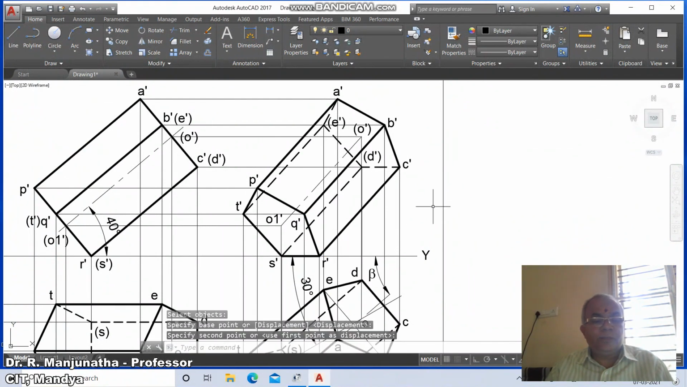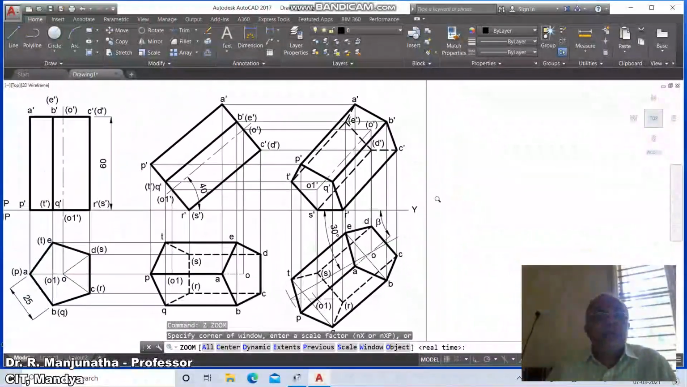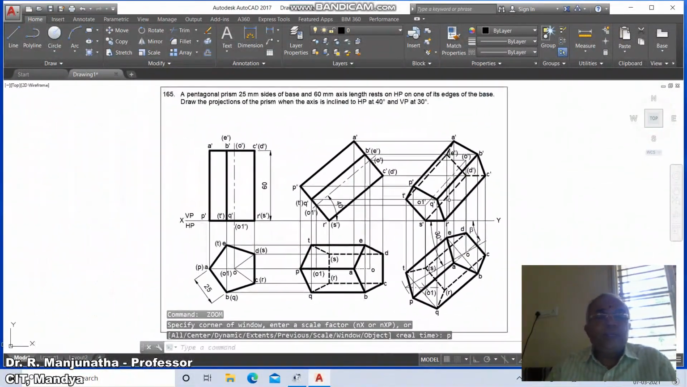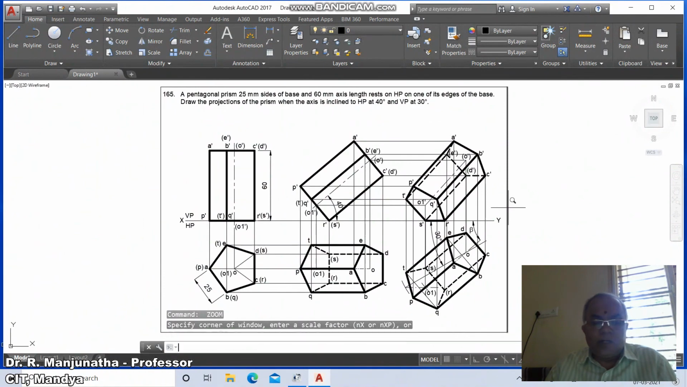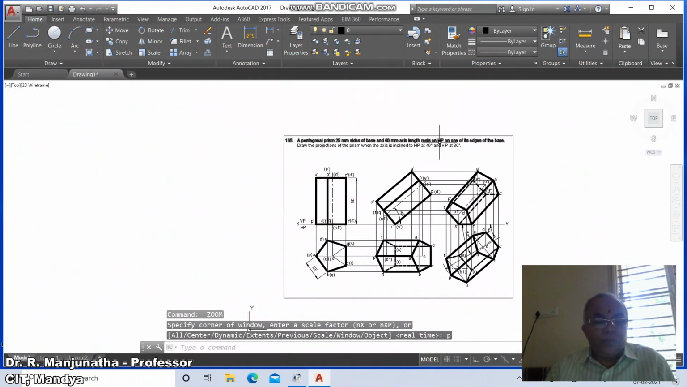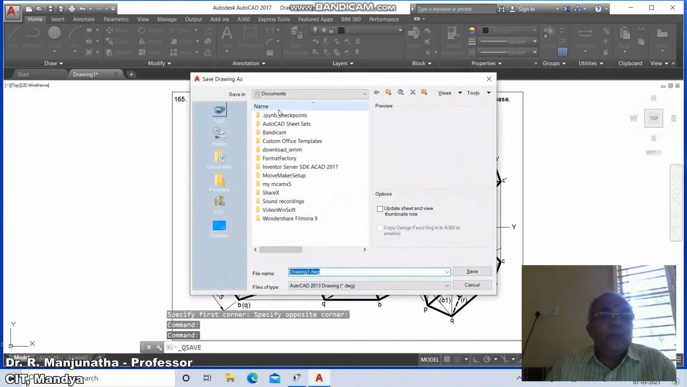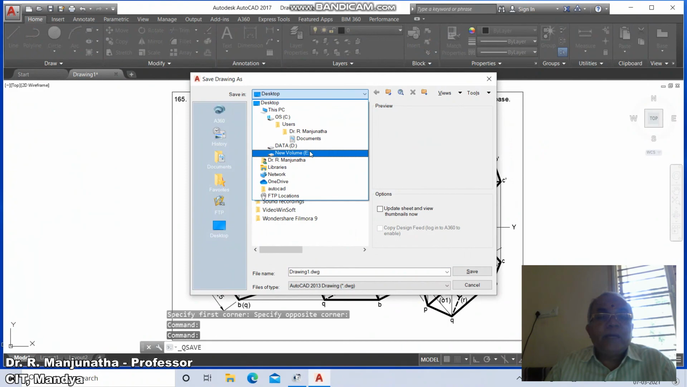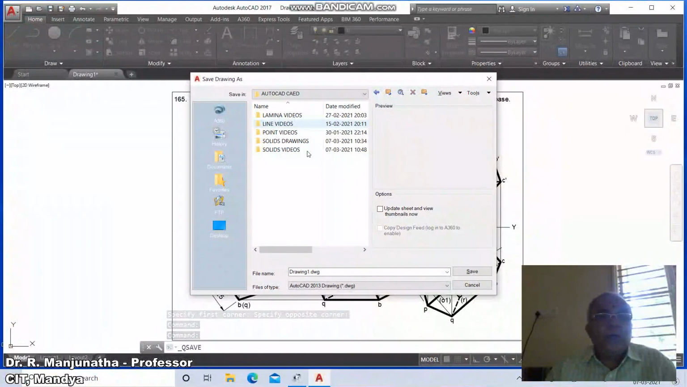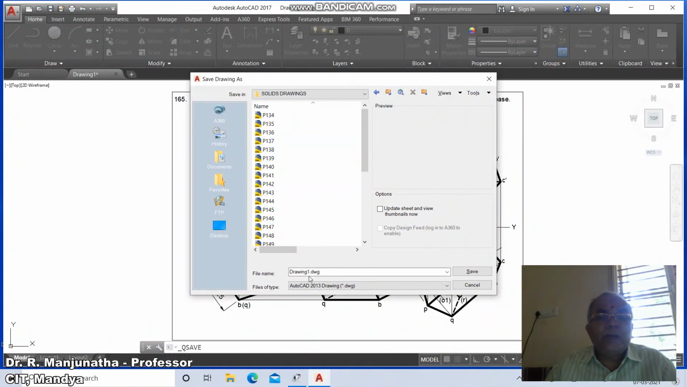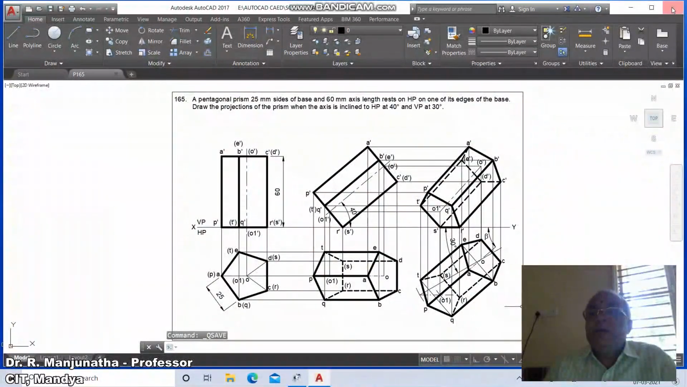Once you do that, this is how you will be able to complete the sketch using AutoCAD software. Then go to save, click on save, go to the appropriate drive E, AutoCAD, go to solid drawings and type P165, and finally save this, and finally you exit the